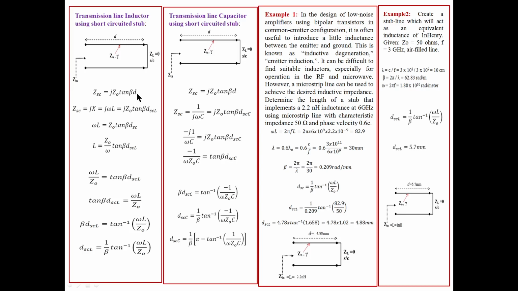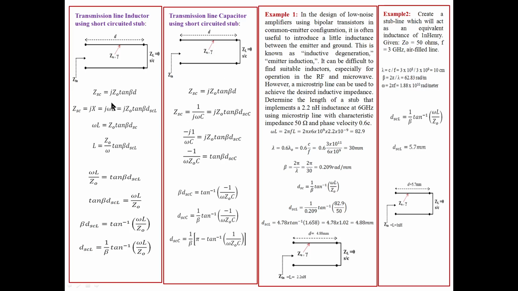So we can get a particular value of L or C from transmission lines like this short circuited transmission line. Similarly, an open circuited transmission line also. I have written this for short, but how to implement the capacitor.